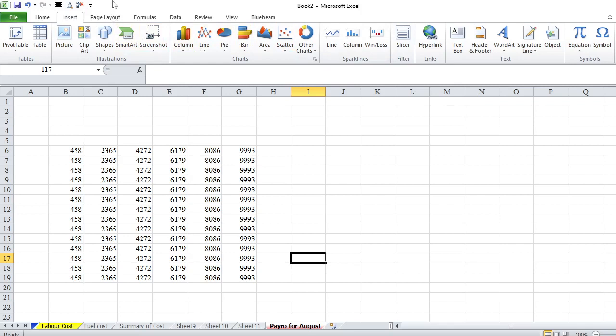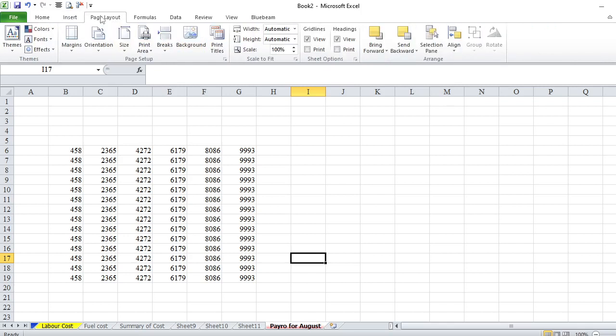When I come to this, it is page arrangement. All these commands are to arrange your page in different ways, for color, for page setup, whether portrait or landscape, or for your title, for grids, whatever.